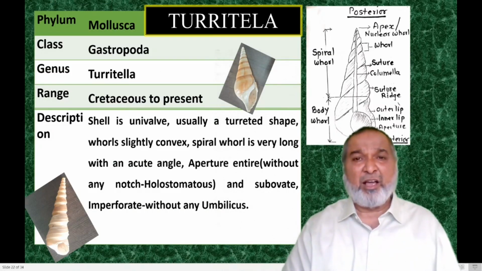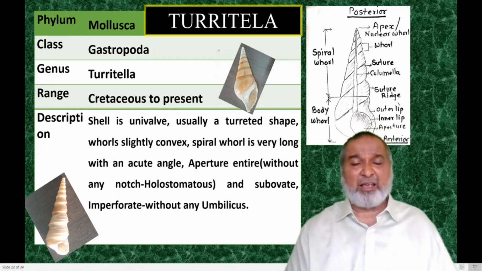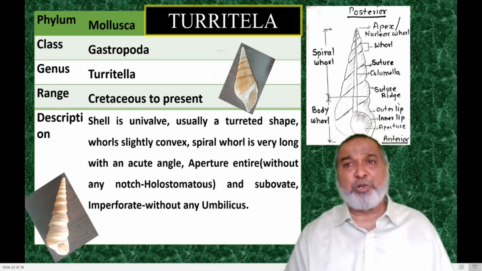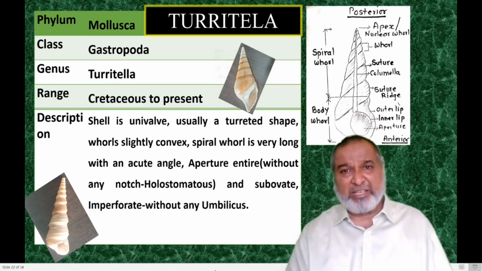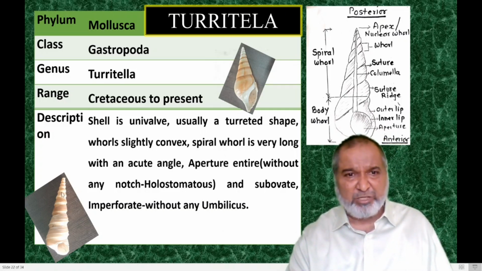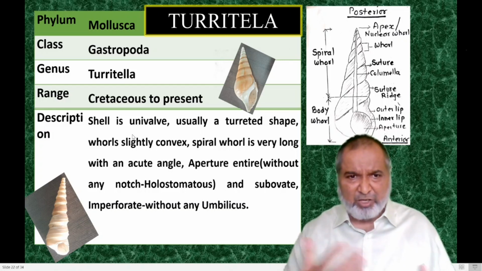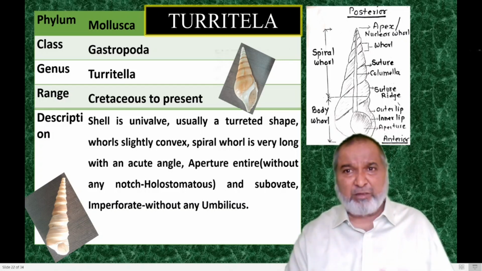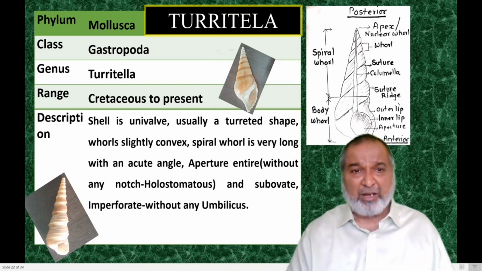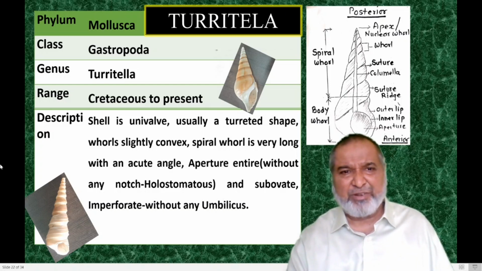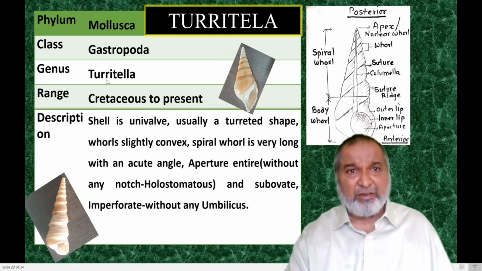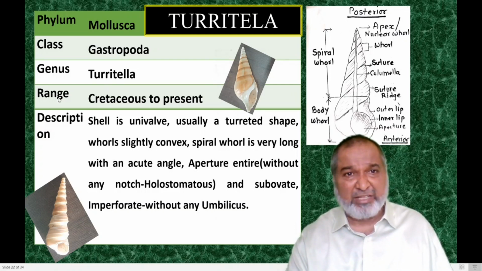From the phylum Mollusca, class Gastropoda, we are going to see a turritella. The first one is the shell, turritella. Both are specimens, and any one will be kept in the department. So at the time of examination you have to see both specimens. There is no need to handle only one; you have to handle both. Both will show little differences. So we have to write down phylum Mollusca, class Gastropoda, then genus turritella, and now see the range: Cretaceous to present.